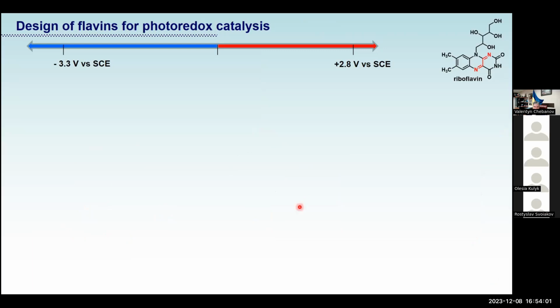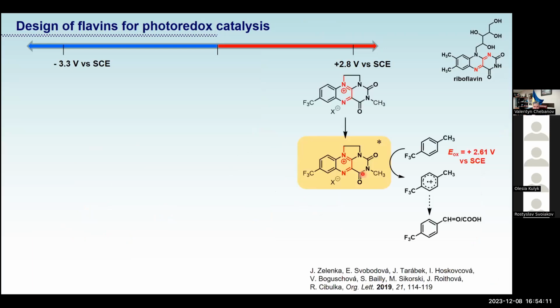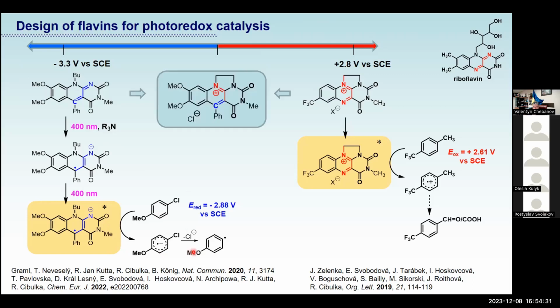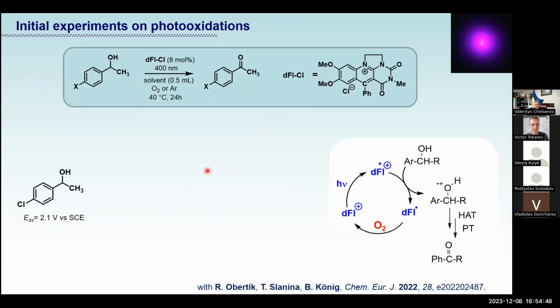system by trying to construct catalysts which would be both a strong oxidizing and a strong reducing agent. I showed you a couple of minutes ago that this flavinium salt can be a very strong oxidizing agent with this potential. I also showed you that flavins or deazaflavins can be very strong reducing agents doing this chemistry. So we prepared, or thought about, such a hybrid, which is a deaza and also a flavinium salt. And we tried to test them in both oxidations and reductions. And we found very interesting